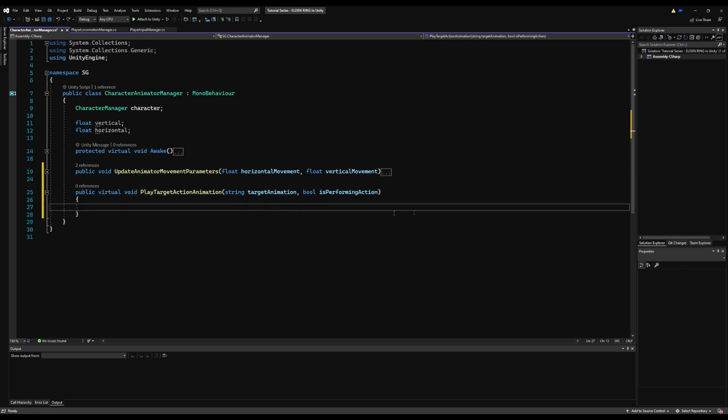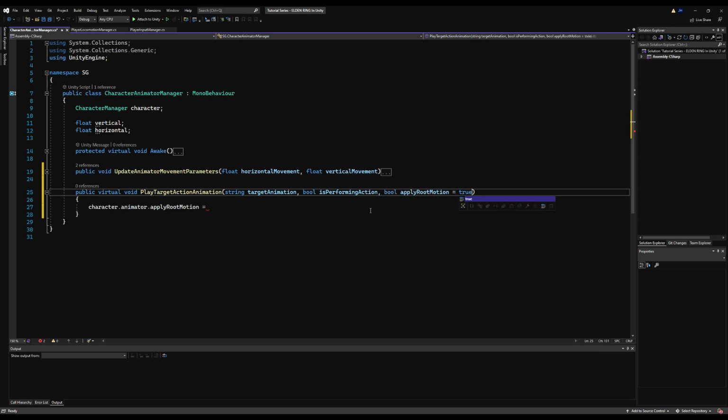Well, it's generally a flag on the character, because when you're performing an action, you want to limit what you can do in some capacity, like in terms of movement and performing other actions. I'll expand more upon that momentarily. So let's say character.animator apply root motion, and this is if you want to use the motion from the animation, which we do for things like roll. You can initialize that at performing action if you want to use it for every single animation in your game that is an action animation, or you can give it its own bool for apply root motion. So I'm going to do that. We're going to say equals apply root motion, okay?